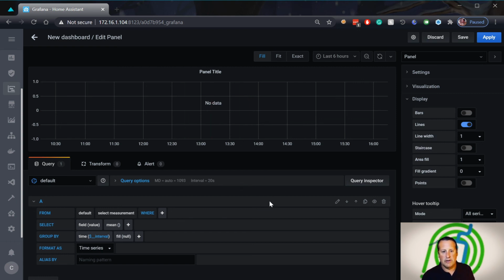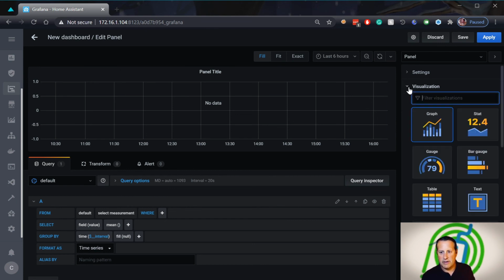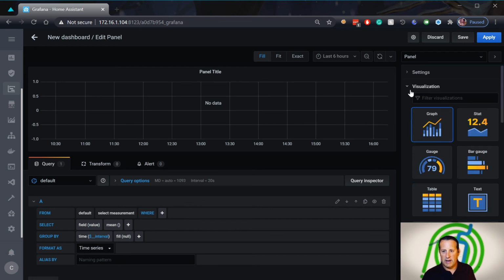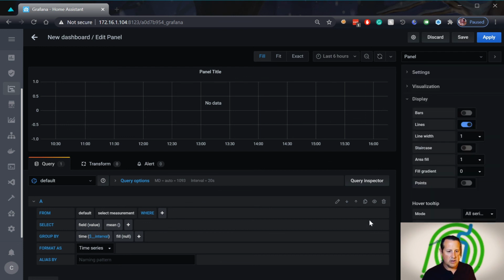The first thing you want to do, well, you can go a number of different ways, right? This is kind of the order that I go in. First, I want to make sure on my interface that the visualization that I'm going to be using is the correct one. And it defaults to graph, I think, in most cases. And that's what I'm going to use, a graph. So you can see you can do stats, single stats, gauges, bar gauges, tables, text, heat maps, etc. And there's a whole bunch of plugins you can use that add additional functionality to the type of visualizations you can use. So we'll go with graph,